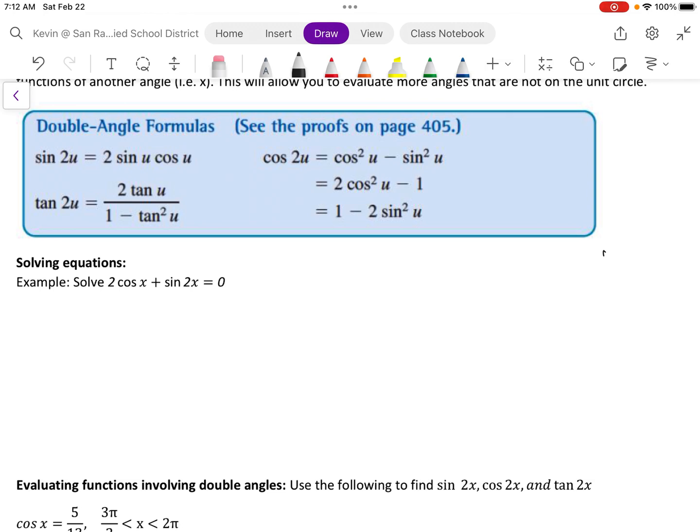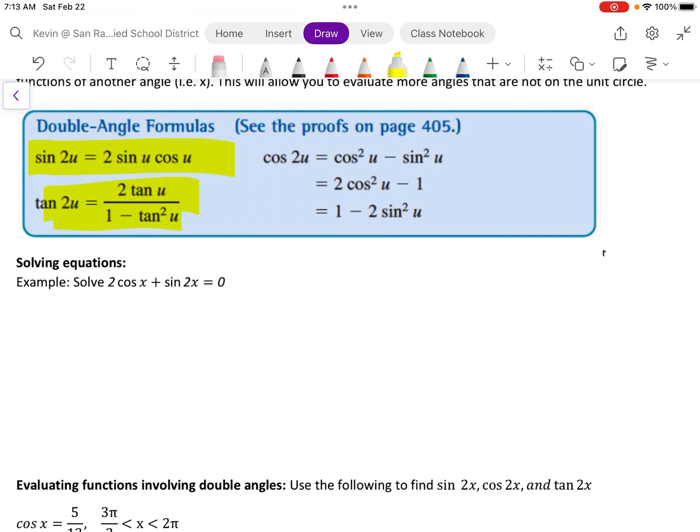Whereas when we did the others, when we had the multi-angle, the angle that we were looking for was the angle that was not on the unit circle. So the multiple angle was on the unit circle, but the smaller angle wasn't. Anyway, I'm confusing things. Don't worry about it. The point being is that u or x or whatever is going to be an angle on the unit circle. So you'll be given these formulas, but again, you need to know them,